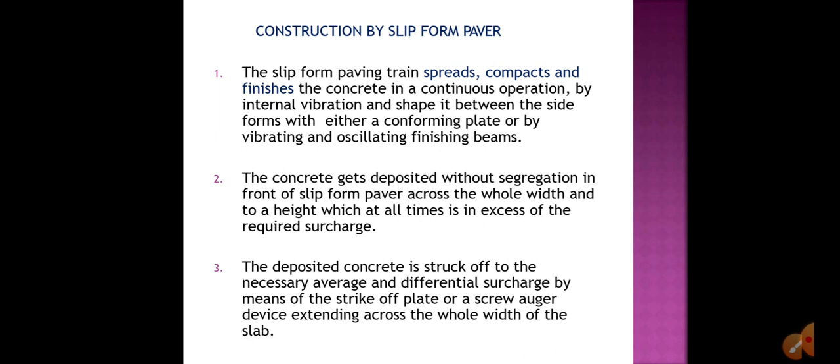So let us see one of the methods now, construction by the slip form paver. Here CC pavements are generally constructed using plain or unreinforced concrete slabs having high flexural strength. Clear? And different types of joints are provided in CC pavement. There are both transverse and longitudinal joints with the appropriate type of reinforcement at the joints.